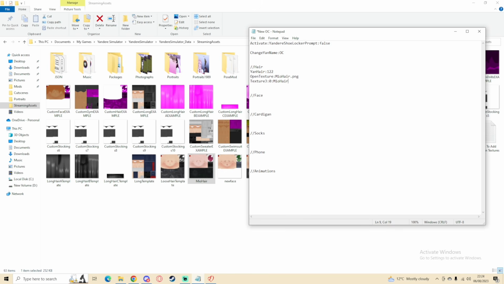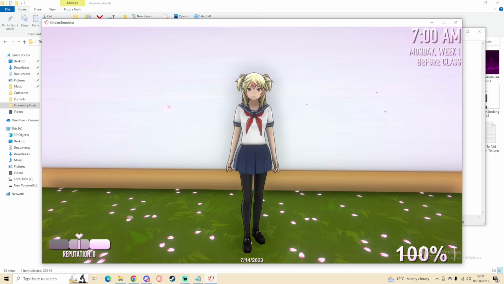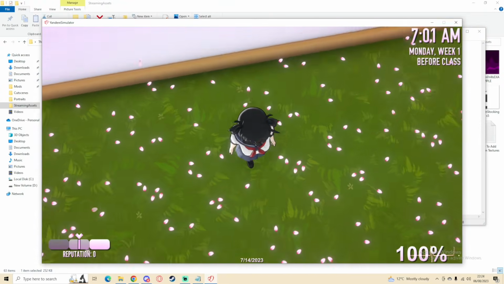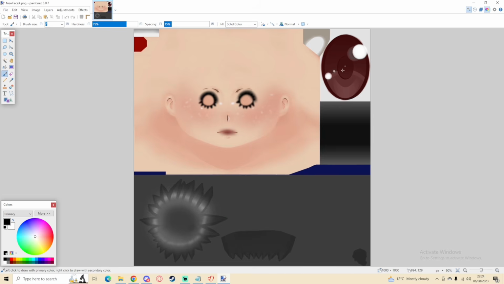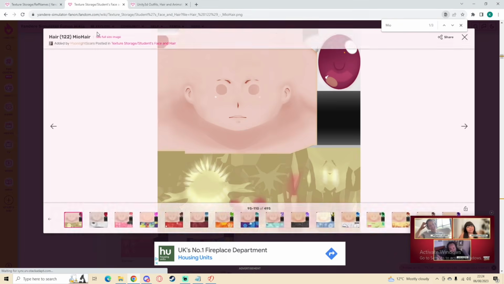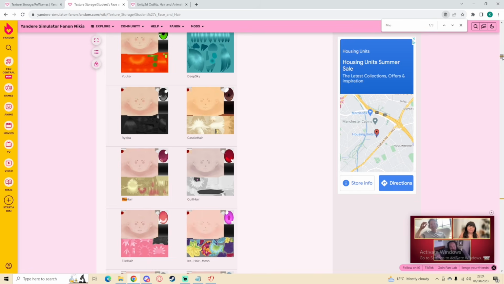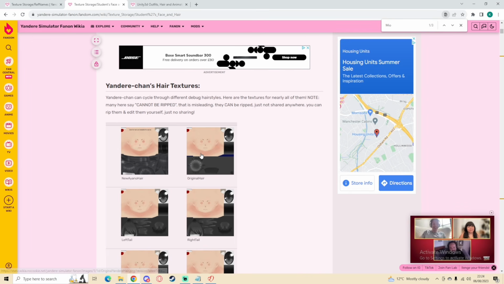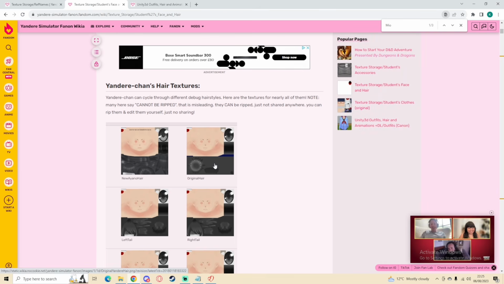And we're just going to save this file, open the game and reload the cutscene. You can see our OC now has black hair. The next thing we're going to do is texture Ayano's face. As you can see here, I just edited one of her base face textures to look a bit emo really. You can just find one on the internet, but I always suggest finding one of Ayano's face textures, one of her basic ones, because then it will coincide more with her face shape,